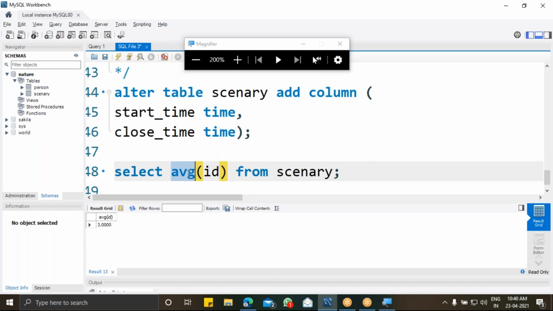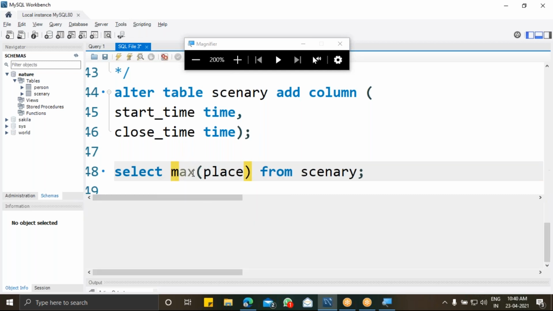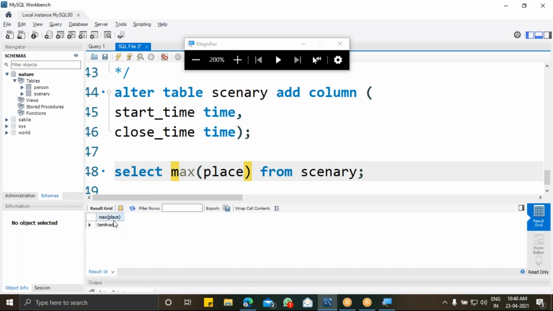So this is an example of how to use an aggregate function. Like minimum of ID, which will give me the minimum ID, the minimum in that field. Fields can be anything, so here I can give it as place, which will give a minimum value, or it will sort the data in ascending order and return the minimum value inside my table. Similarly, I can have a max value, max place, which will give me the last value inside my table.